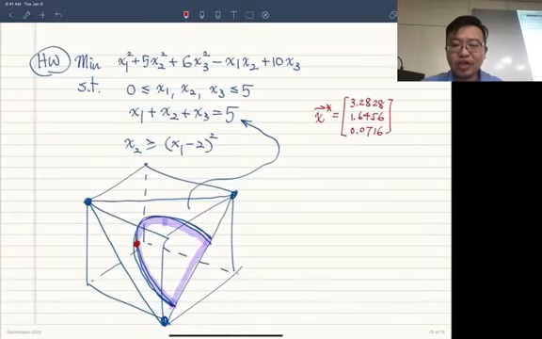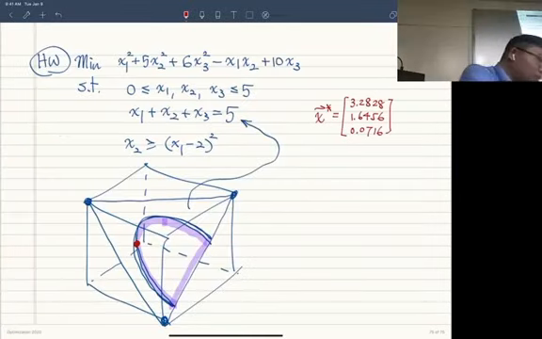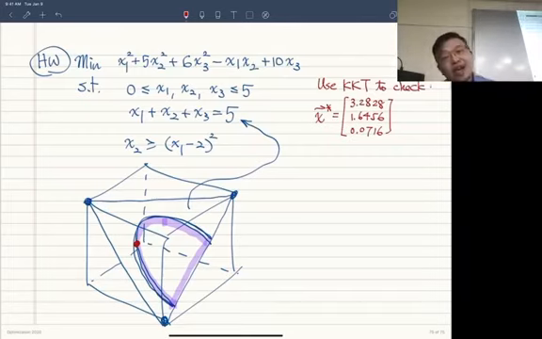One of the homework. So use KKT to check this point. Okay. MATLAB said this is optimal, but to be safe, we could actually